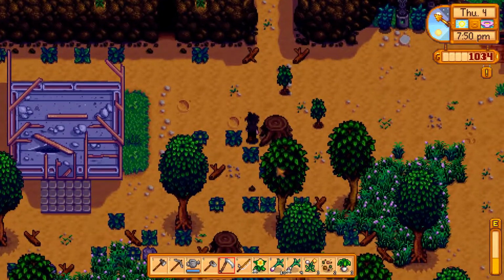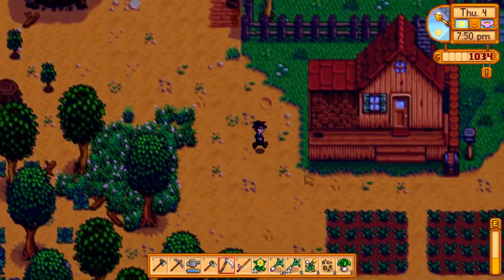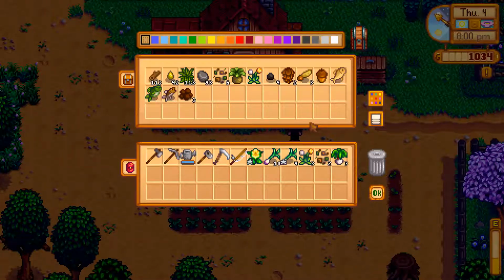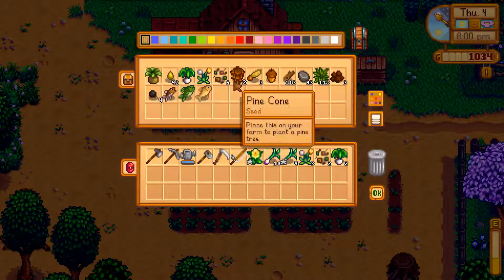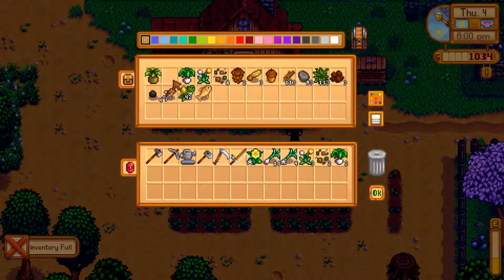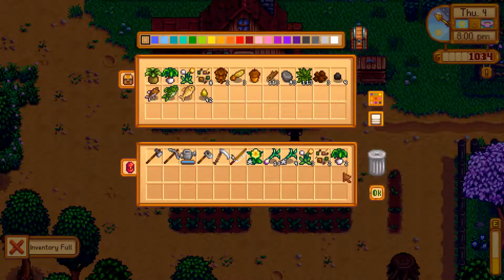Alright, let's see here. Because I want to use up a good majority of the rest of my energy. It's a waste just to not utilize all of it. If we organize it, it usually puts it more together. I don't know why they put the sap there. But what we'll do is we'll just move it to there. And then...